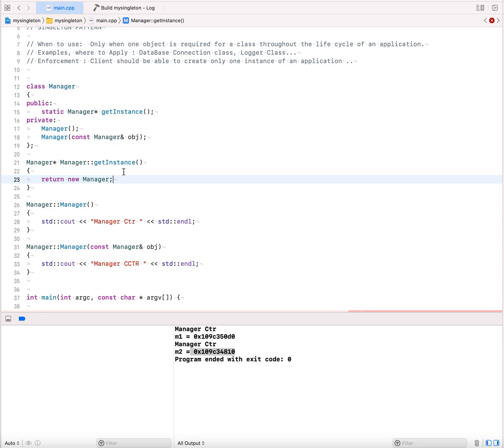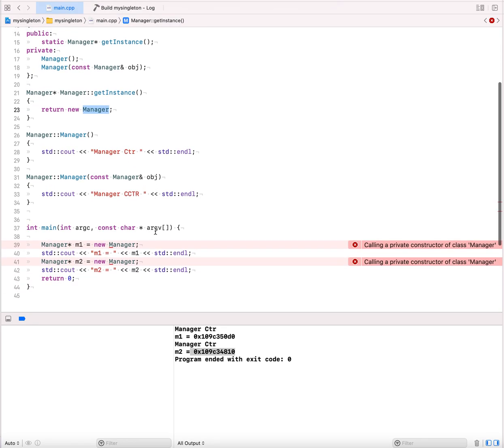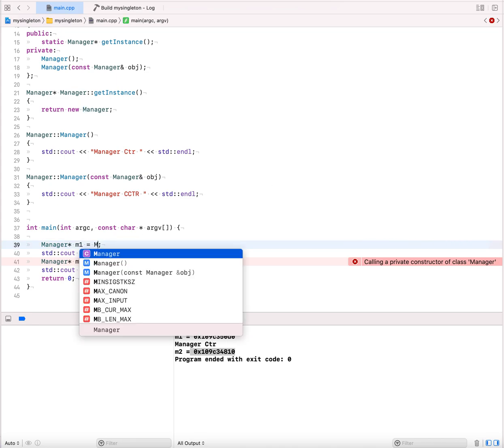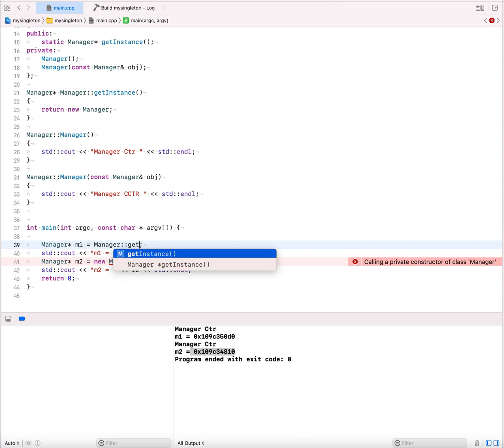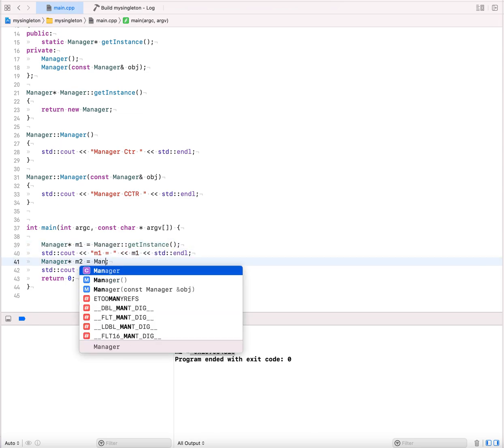Okay, so I have created an API here, which is a static API, and here I have used new, because it's a member of this class, so I can call new on my type here. Okay, so I can just replace it as Manager getInstance, and here also I can use Manager